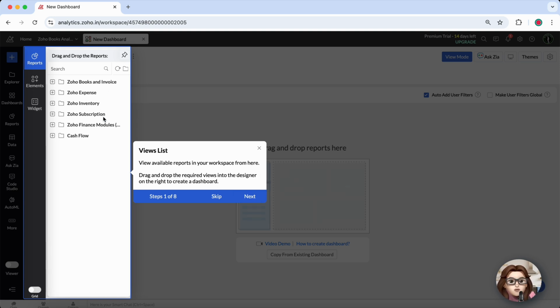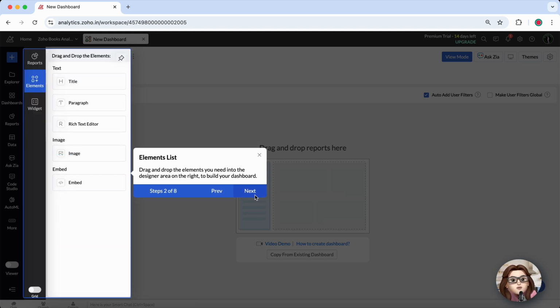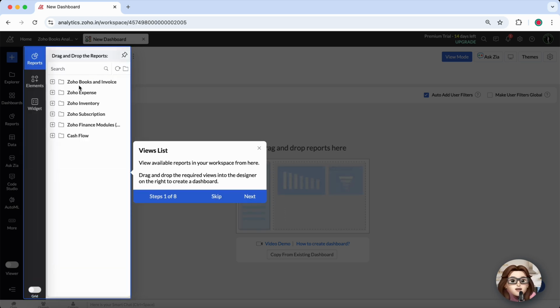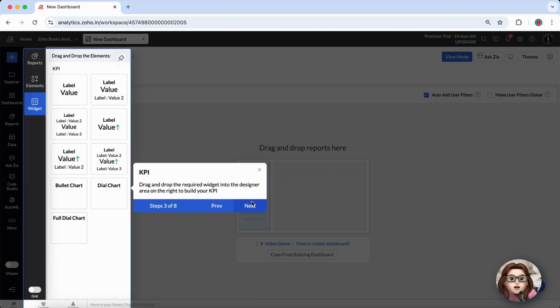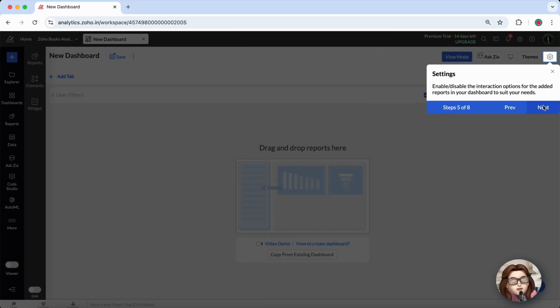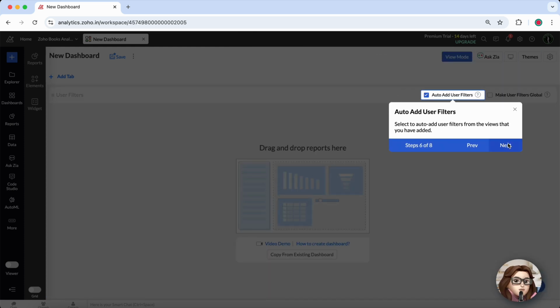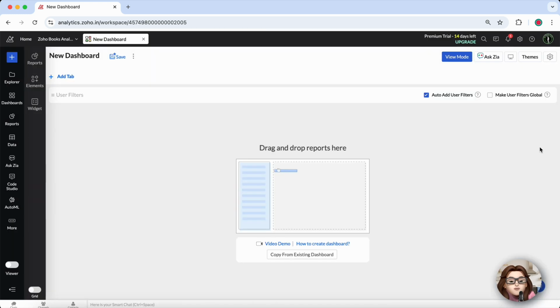Inside the dashboard editor, you will see an empty canvas where you can start adding your reports. On the left panel, choose from your existing charts, pivot tables, summary views, or tabular reports. Simply drag and drop the ones you want onto the dashboard. Once your widgets are placed, you can resize them, rearrange them, and customize each one to match your layout and style. Zoho Analytics also lets you add text, images, filters, and layout boxes, helping you create a clean and professional